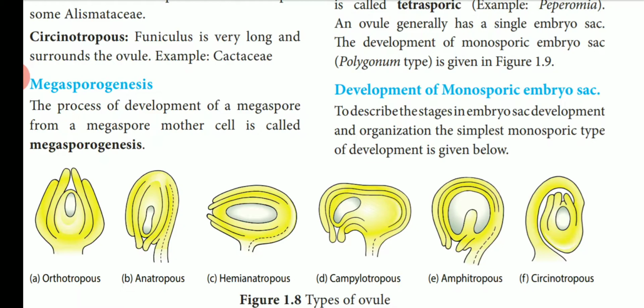So that is orthotropous. That type of ovule we can see in Piperaceae and Polygonaceae. In these two families only we can see the orthotropous type of ovule. Next one is